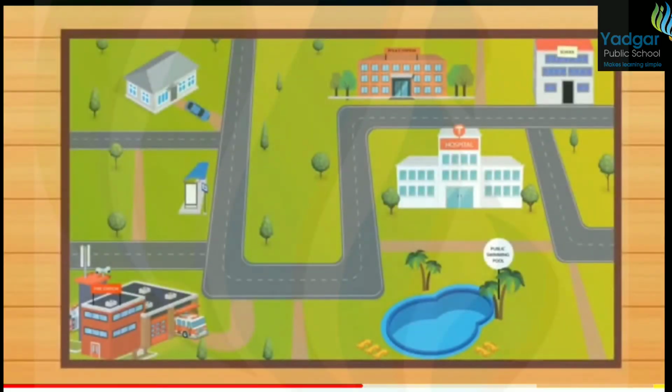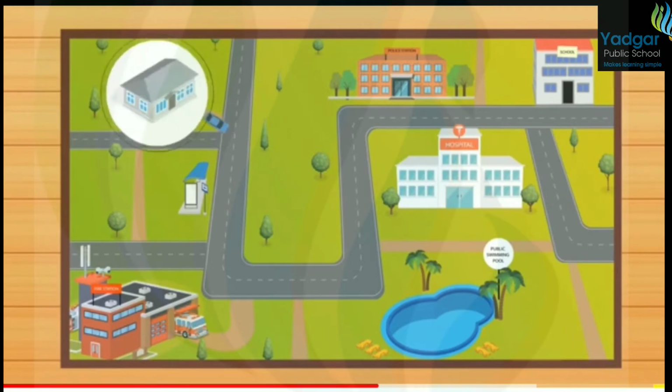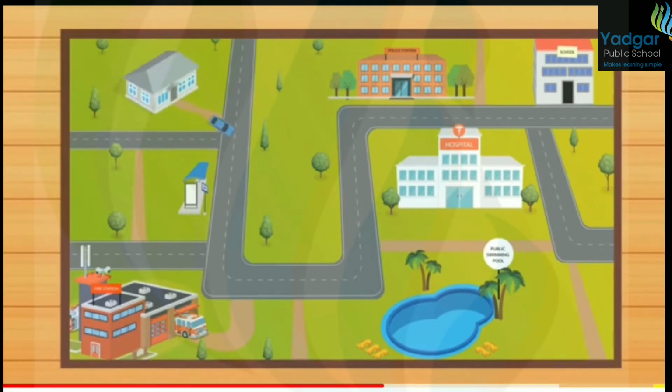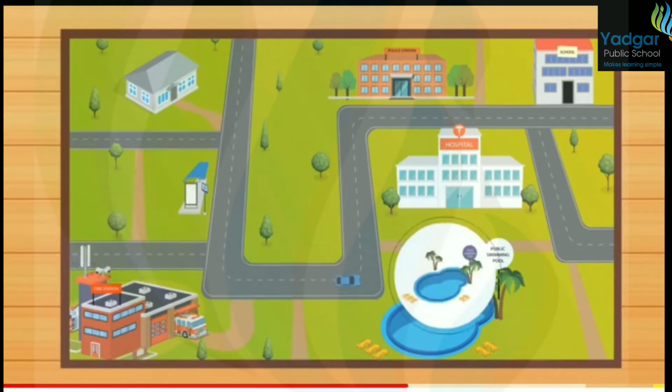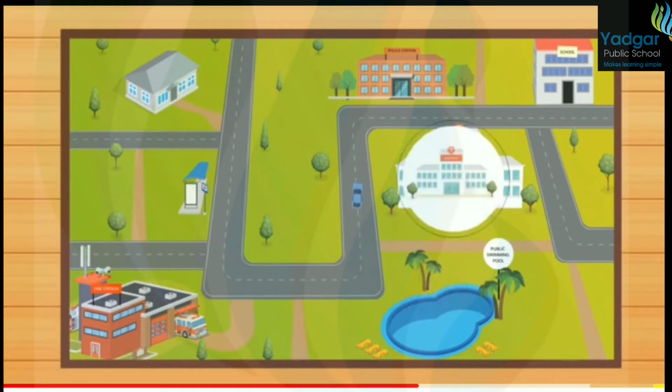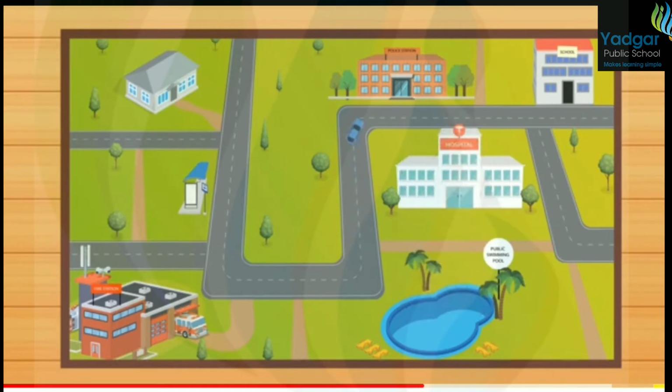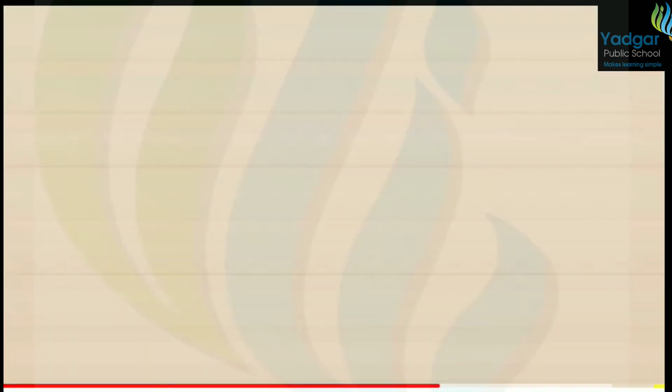Now let's see how Raju reaches his school. He is driven to the school by his father in a car. They take the car out of the gate and turn right. The car moves straight, then they take a left from the fire station. Then another left from the public swimming pool, then straight from the hospital, and finally they turn right from the police station. A little distance ahead from the police station lies Raju's school.